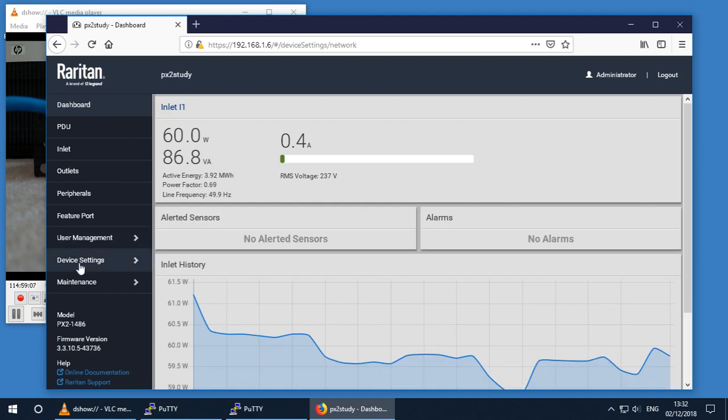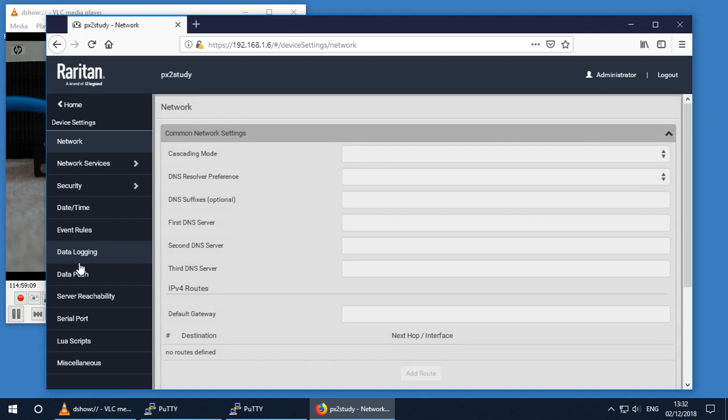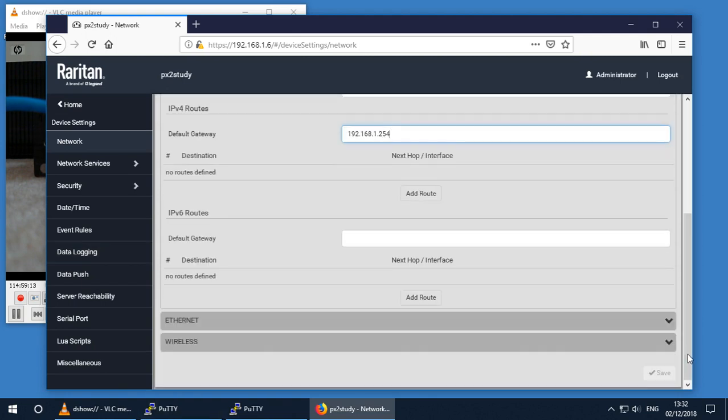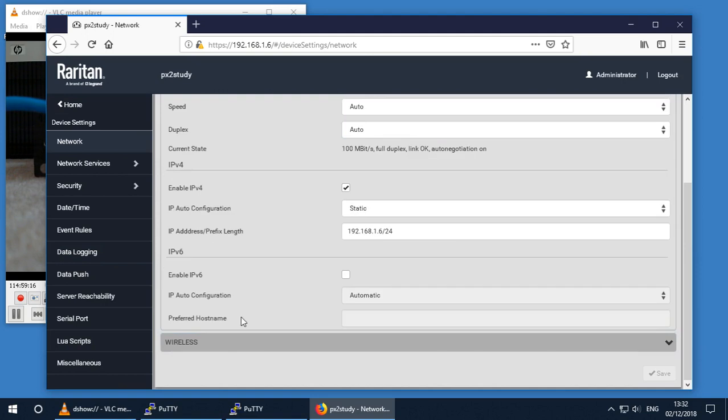And if we look at the device settings, remember last time there was no default gateway? Well, this time there is. It's been assigned. And remember last time it was using DHCP to assign its Ethernet address. This time it's static, and we've got the IP address in there. So